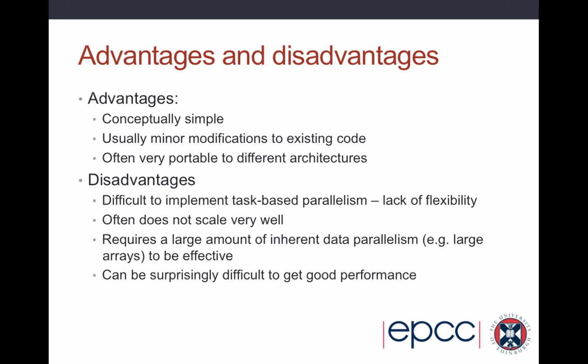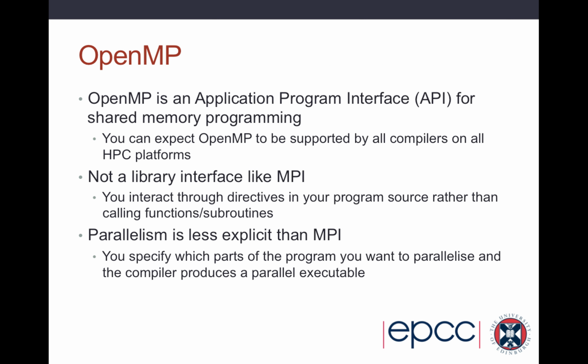And it can be difficult to find the right level to introduce this shared memory parallelism. If you include it at too low a level, you're starting and stopping threads very often, and you get a lot of overhead. If you do it at too high a level, you don't gain that much performance from it, and you may as well have used message passing or another concept better suited to task parallelism and things like this. But the standard model for shared memory programming is OpenMP,